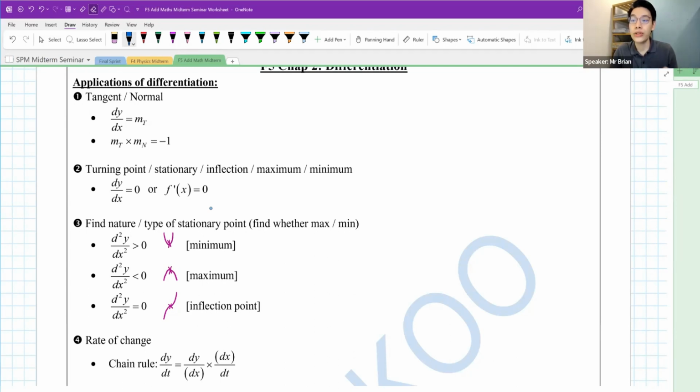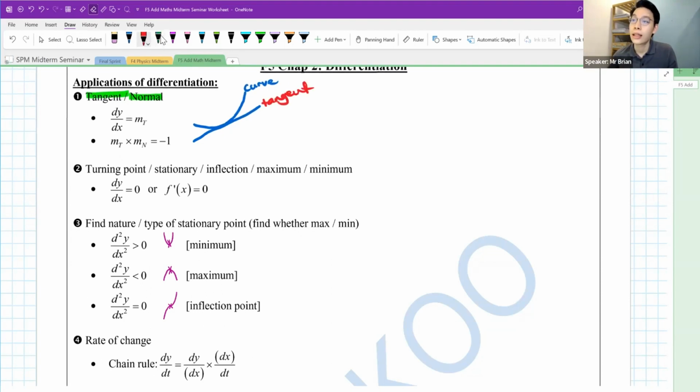And I will teach you today how to look for keywords. In a question, when I see tangent, when I see normal, I will know they are talking about this. I will know that at least I need to apply the knowledge that dy/dx is always equal to the gradient of the tangent, and m1 m2 is always -1. I'll just draw a quick diagram. I'll quickly go through all this stuff, but later I'll teach you how to apply it when we do the questions. So this is my curve,